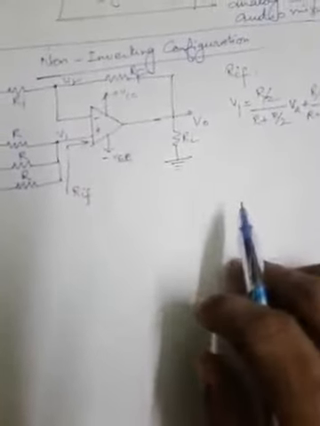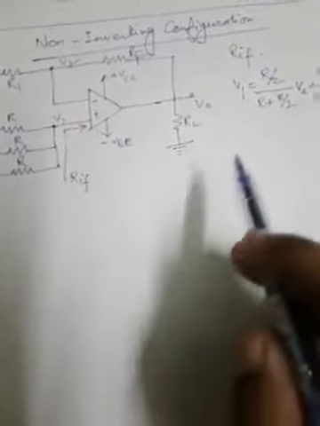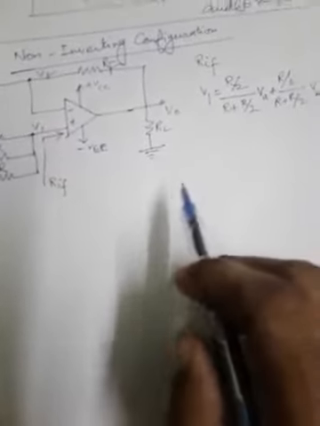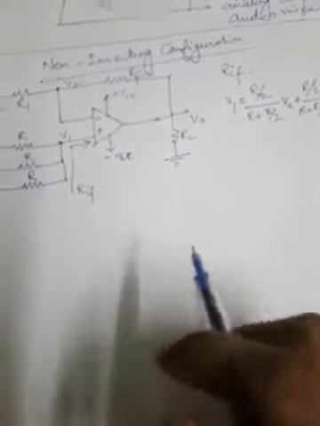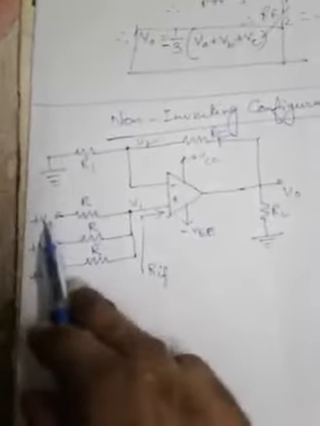Now we need to verify the function of the circuit and the expression of output voltage, and therefore this RIF is nothing but the input resistance of the amplifier with feedback, and this is very large in general. So if we now apply the superposition theorem to find the voltage V1 here at the non-inverting terminal, we may write this expression. And how we may write this expression? Let us find V1 with respect to VA.